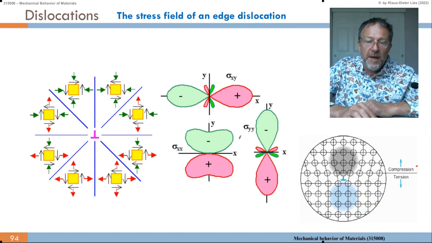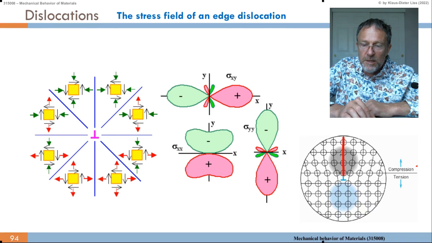Above we have compression, so it makes sense. We introduce here an extra lattice plane, so that compresses the surrounding lattice in this area. And the same here, it pulls at the bottom, it pulls the lattice further apart because we want to accommodate these extra atoms. So below this plane, we get